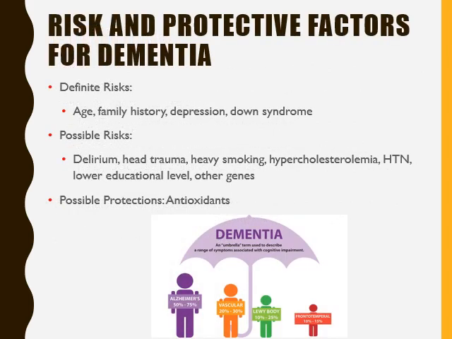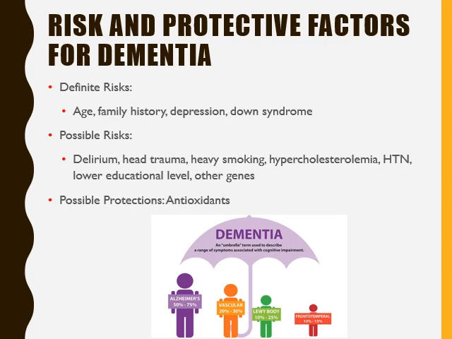So there are definite risks that go along with dementia, usually in elder adults. As you grow older in age, if you have a family history, for example, Alzheimer's, unfortunately, there is a genetic component associated with that. Depression, people who have Down syndrome, and other risks that put you at risk for dementia, we talked about earlier in another lecture about delirium. If you have some sort of head trauma, or comorbidities like hypertension, hypercholesterolemia,